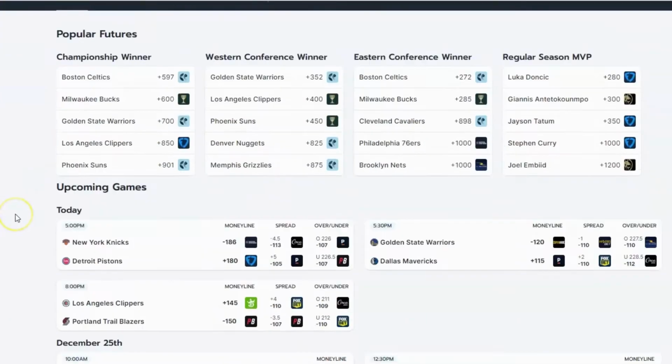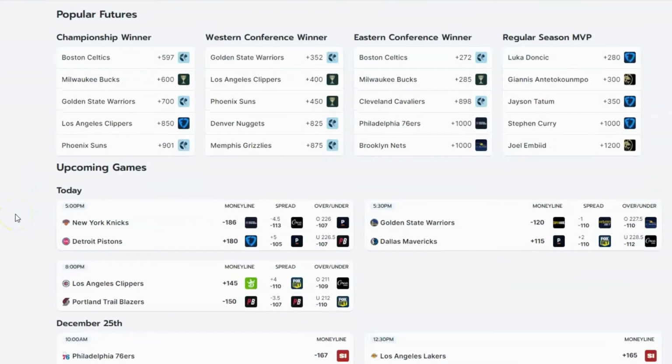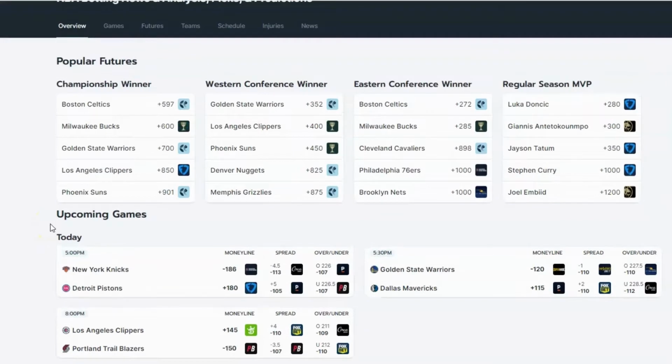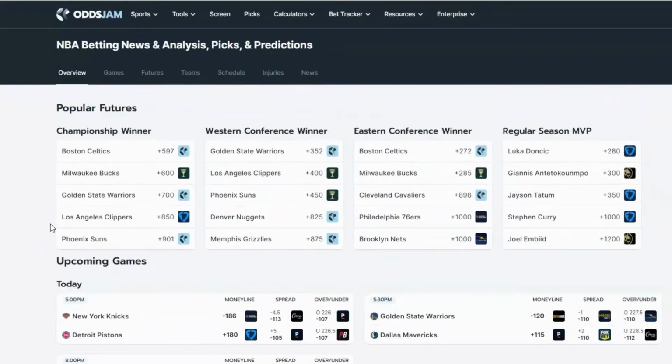Okay, guys, here we are back at the OddsJam page, where I wanted to pull up the NBA slate of games. This is a good opportunity to understand that it benefits you to have more games available on the slate. If you're doing a single game parlay, it's nice to have 7, 8, 9 games versus 3, because you have more opportunities to find value. But the concept of using OddsJam to find value will hold true, and I'll show you what I'm talking about.